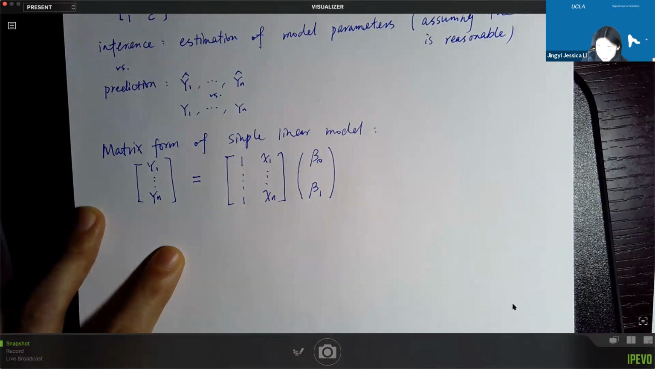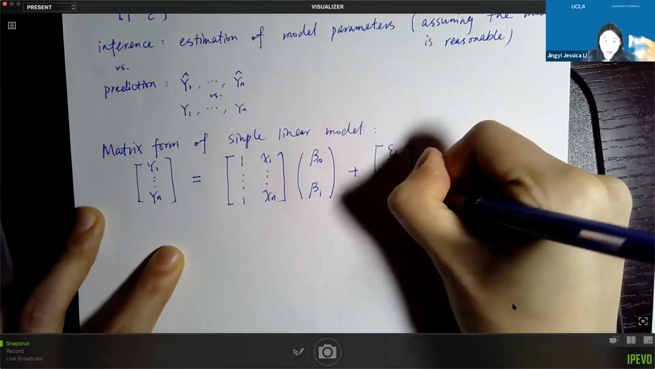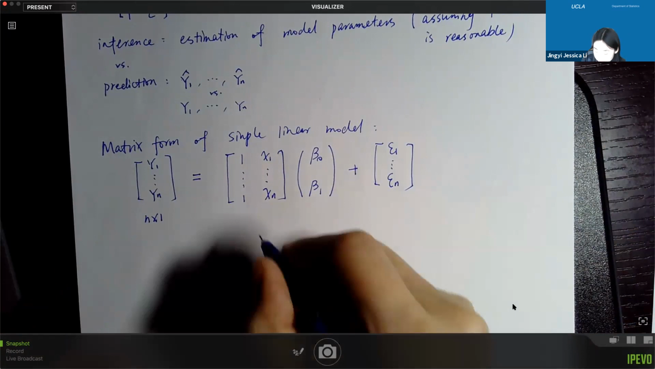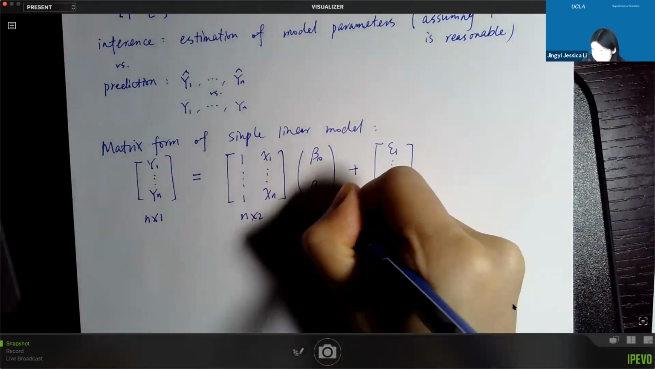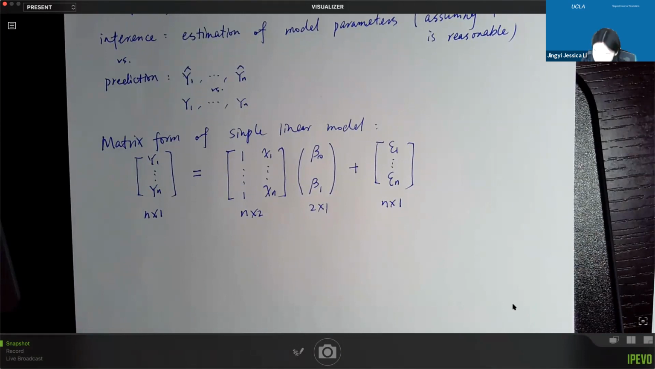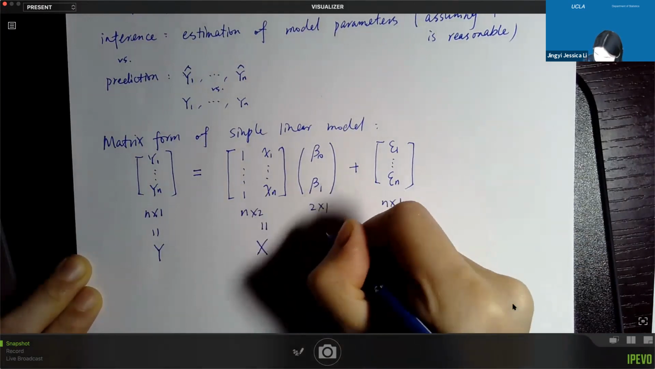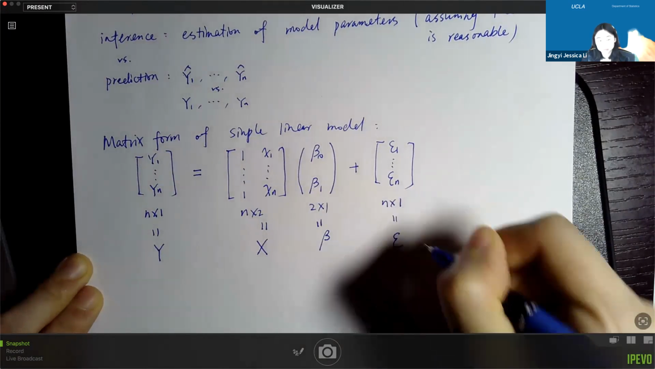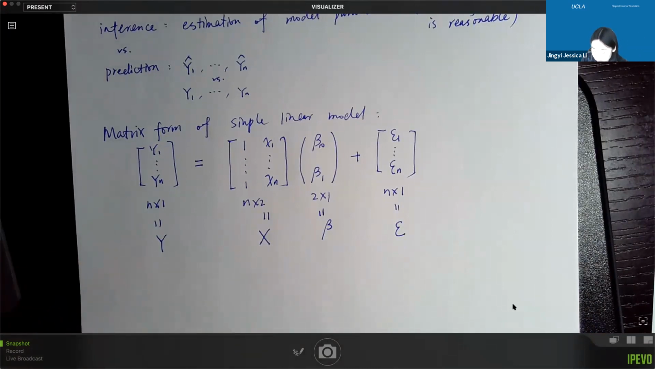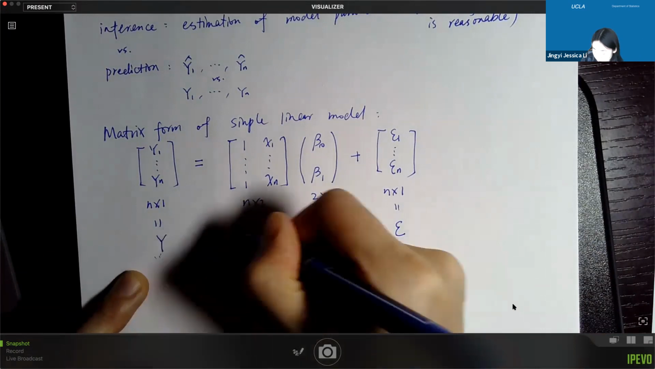Okay, and then finally, I have my error term stacked, epsilon 1 to epsilon n. So if we look at the dimension, this is an n by 1, this is an n by 2, 2 by 1, n by 1. And we're going to use this vector form from now on. So we're going to denote this as y, this as x, this as beta, this as epsilon. So now they're all vectors or matrices. This is a matrix. So although here you cannot easily distinguish them from the scalar notation, I just want to make sure that you understand that from now on, we're going to use this vector form for our linear